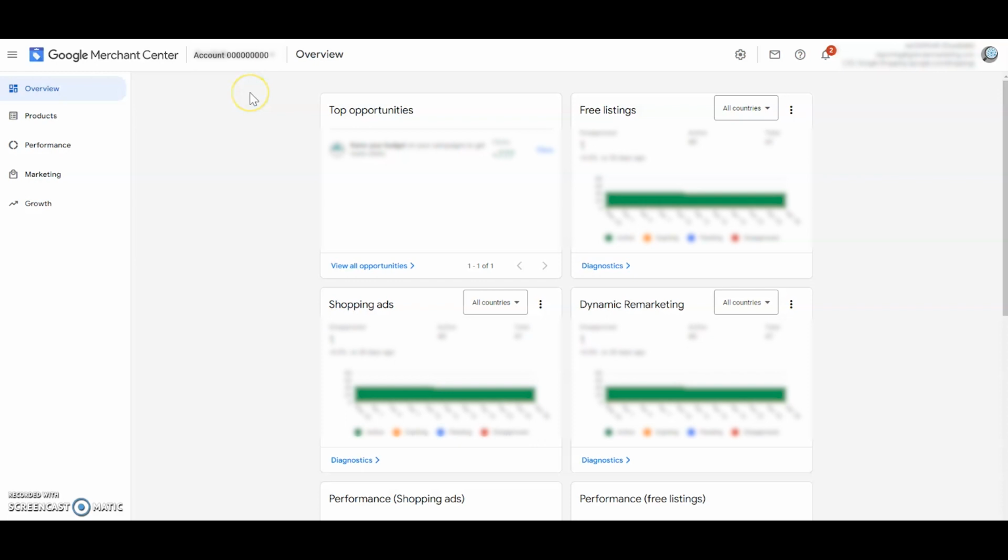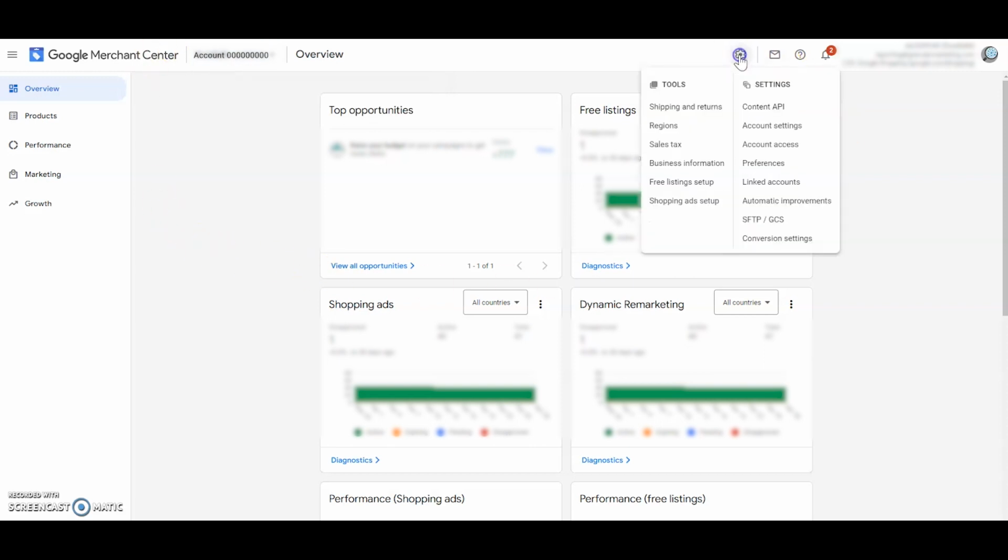To give access to your Google Merchant Center, you're going to log in to your Google Merchant Center account. Confirm that you have the correct account name and number up here. If you have access to multiple, you'll have a drop down and you can just select the one you're trying to give access to. Once that's correct, you're going to come over to the gear setting and then hit account